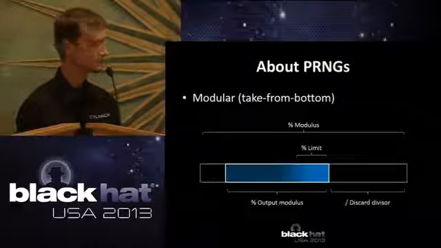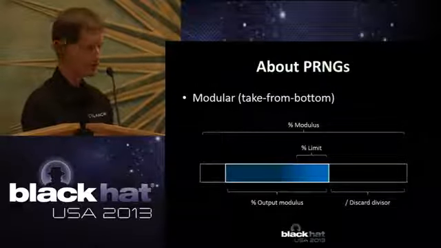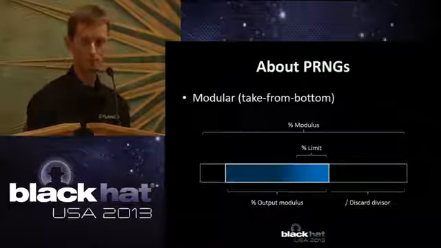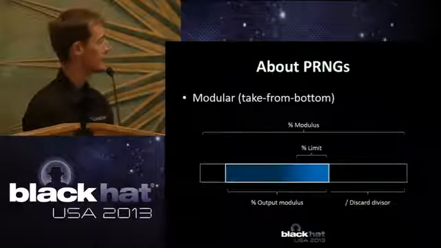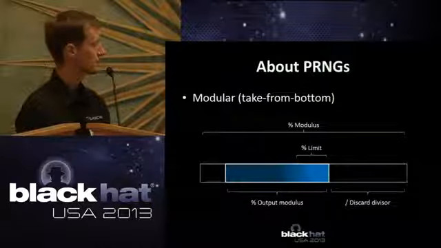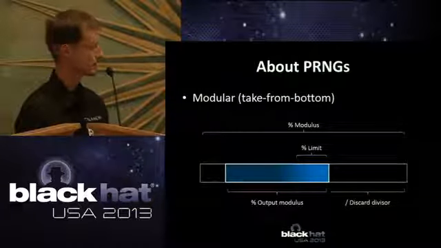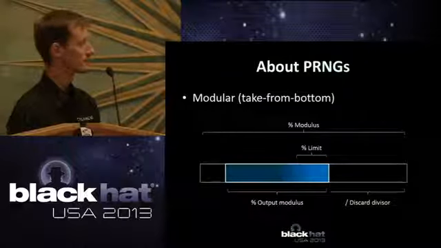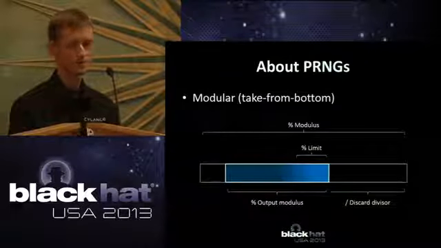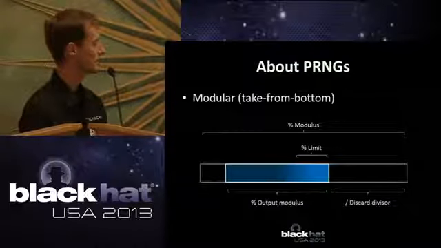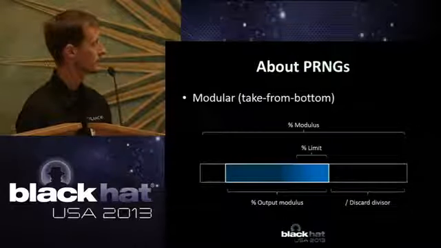It's applying, in this case, in this modular, this take from bottom mode, it's applying this limit as the operator to the operand to a modulo operator. And now say that limit shares some factors with the size of this output portion. Then some interesting things happen. We go over that in much greater detail in the white paper, so I'll refer you to it again. But the point is that